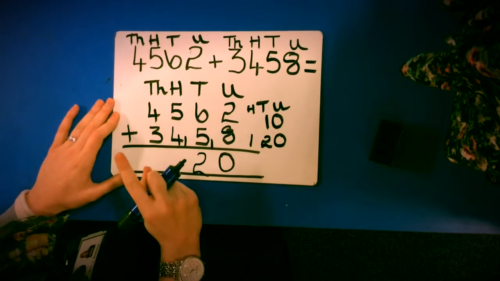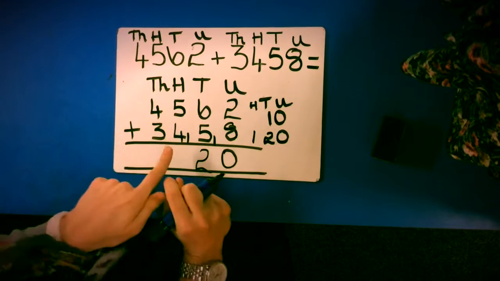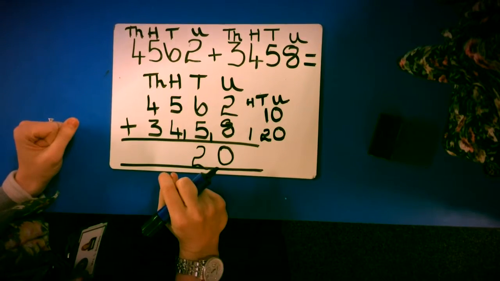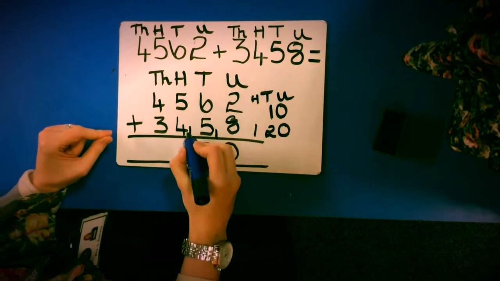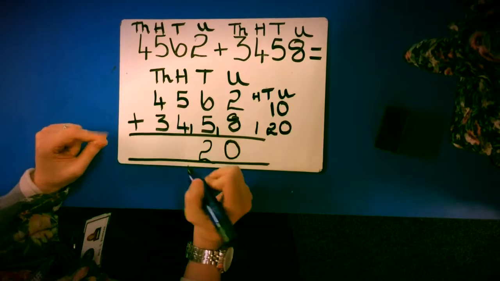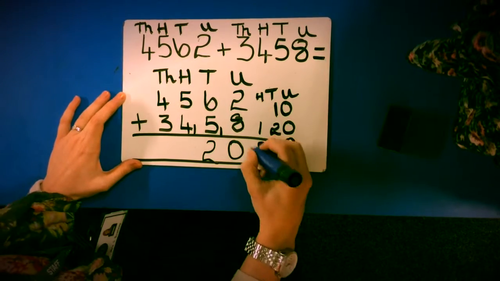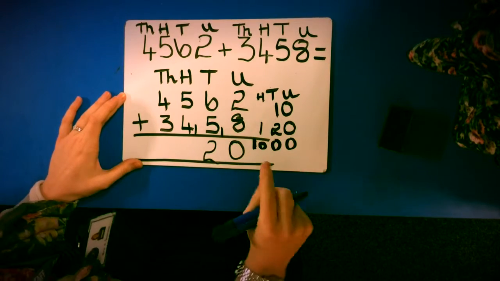I can then move on to my hundreds column. So I've got 500 plus 400. 500 plus 400 is 900, but I've got to remember the carried amount. So 900 plus 100 is 1000. And again, I would keep writing these out just to make sure the children understand the value of each